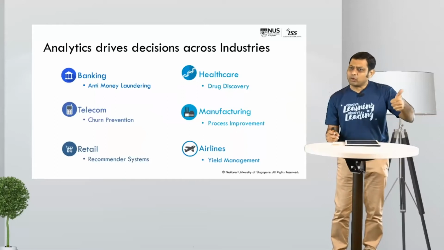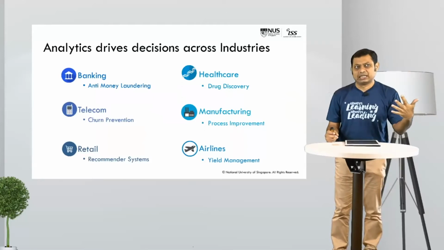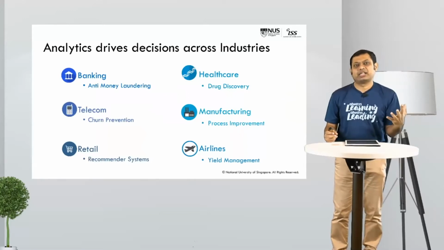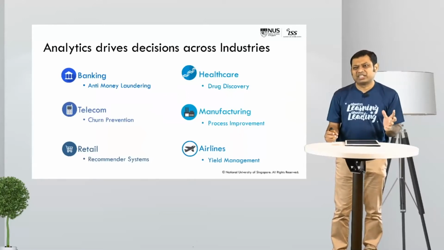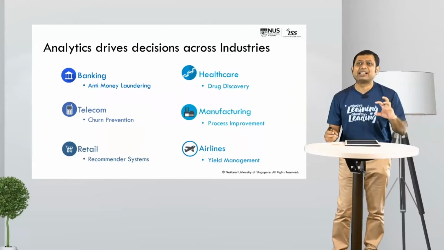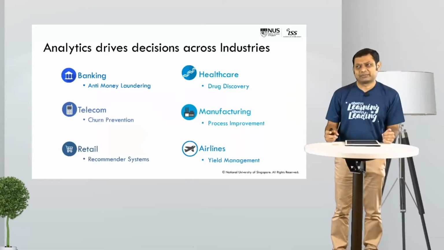Banking and telecom have always been the number one and number two industries in analytics, fundamentally because they've got a lot of analytics data, customer-related data, in a relatively clean format. Retail has much more data, but retail has dirty data. I'll come to retail in a minute. Let me begin with banking.